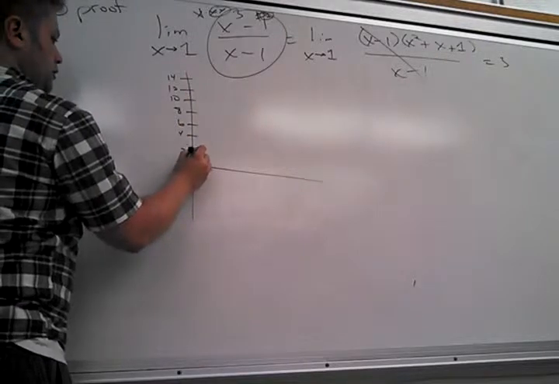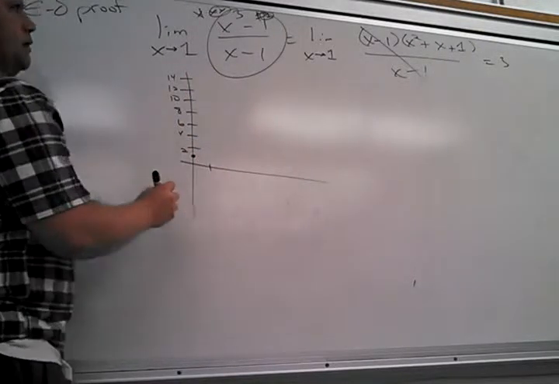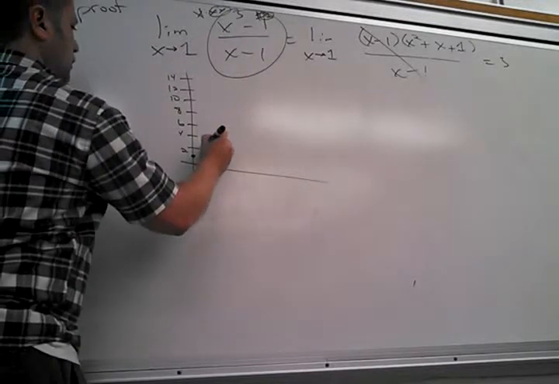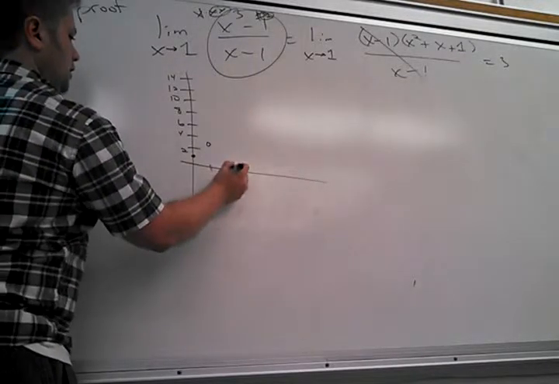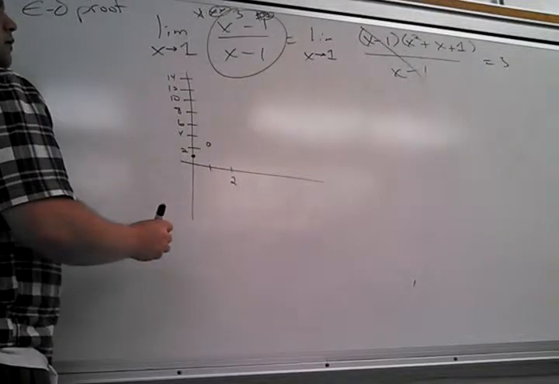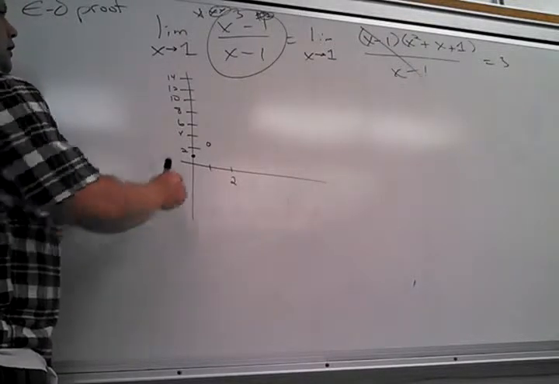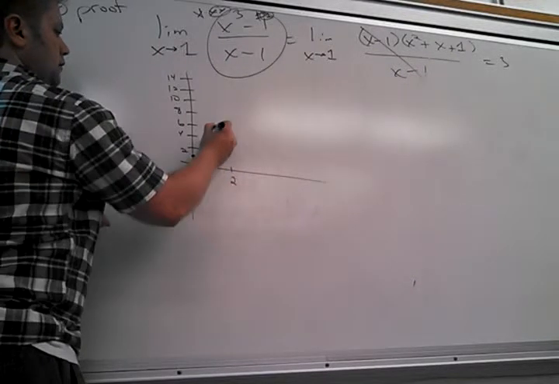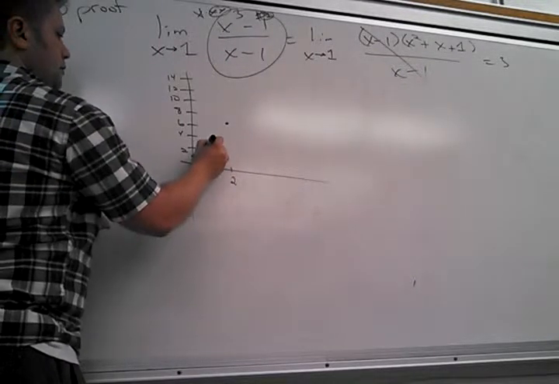So at 0, it's 1. At 1, it wants to be where? 3. It wants to be at 3, and of course, can't get there, poor little dude. At 2, I didn't have to go all that far, I guess. At 2, it's 7. Okay.